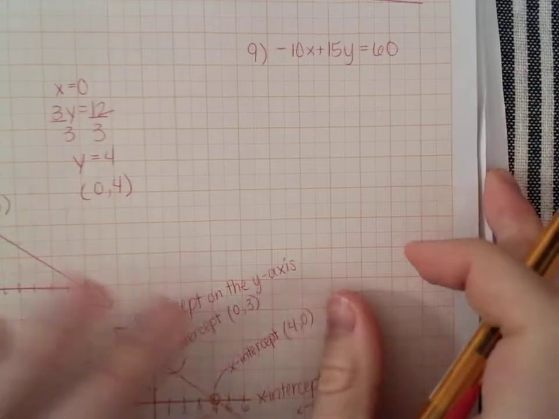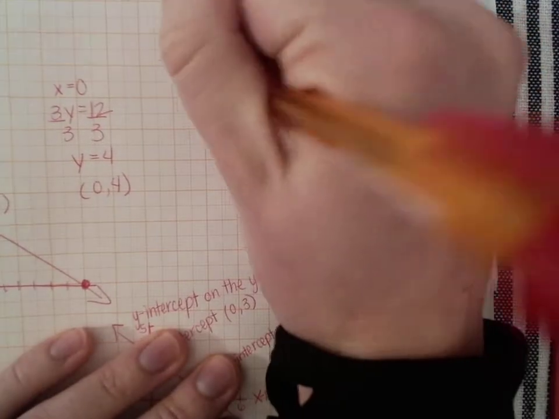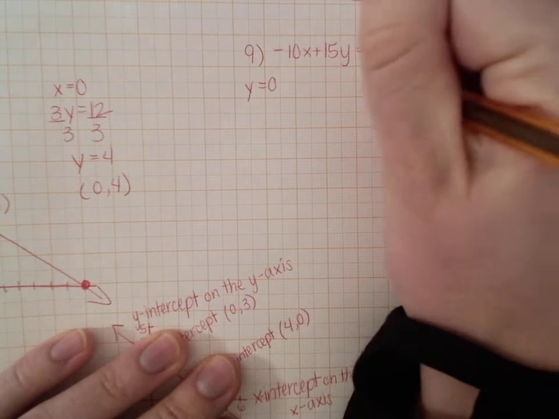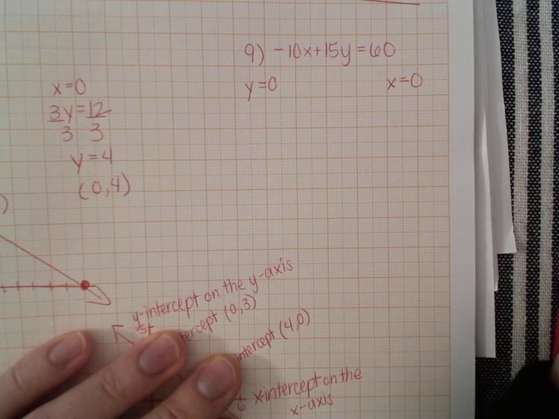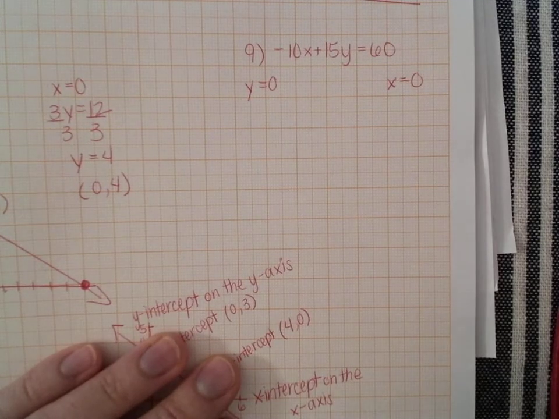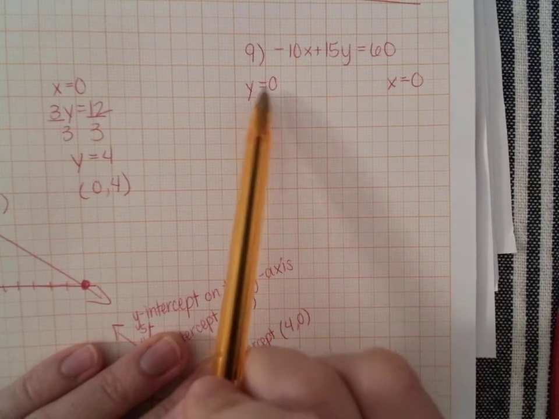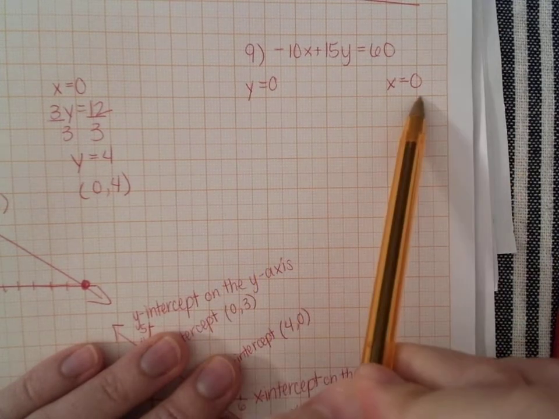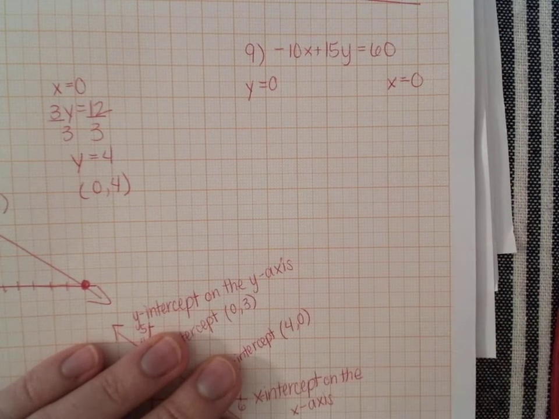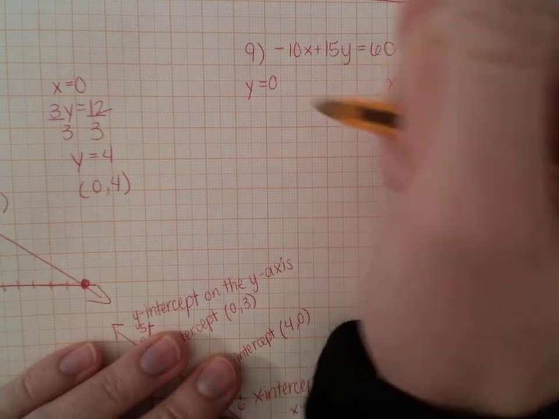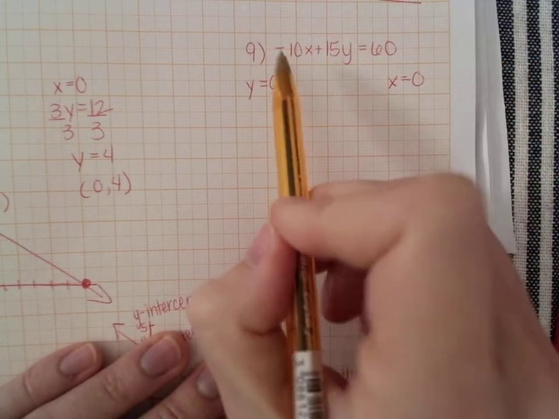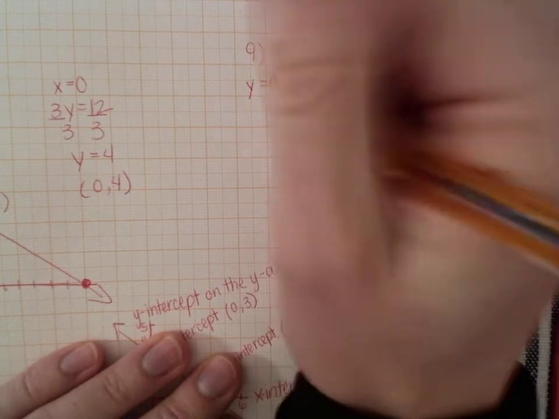And then my last example, this is number 9 from the worksheet. And I'm going to do, again, y equals 0 and x equals 0. So you'll notice in every single one of these problems, to find the axis intercepts, you always have to set y equal to 0 and x equal to 0 to find your 2 intercepts to be able to graph it on a plane. So when y equals 0, this is negative 10x plus 0